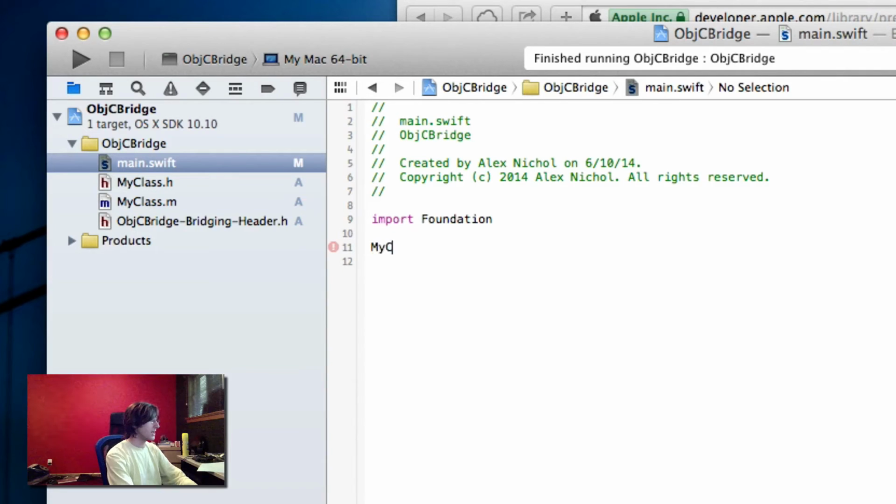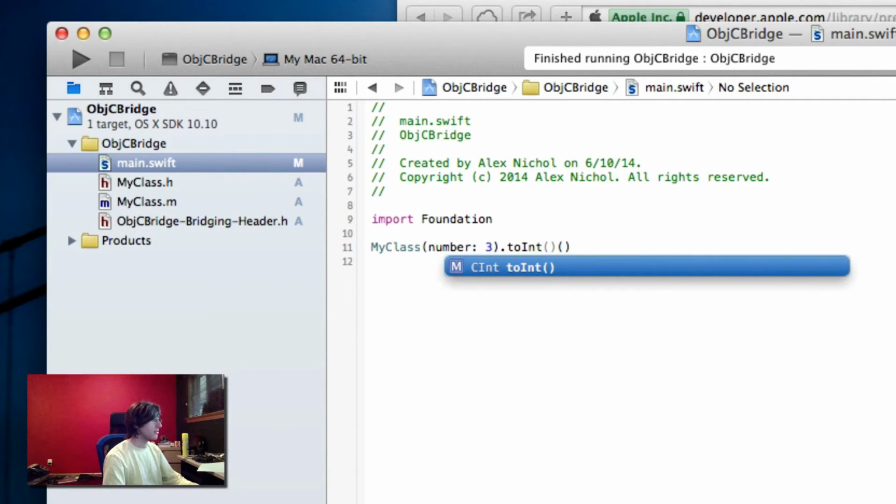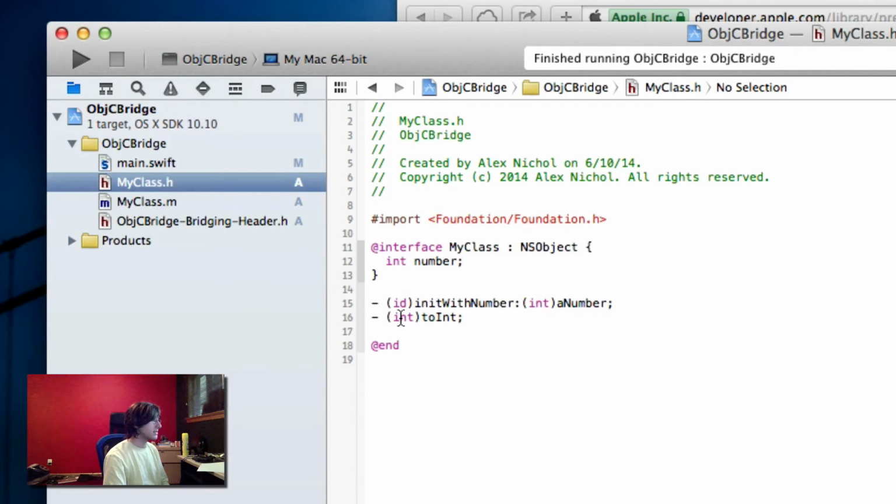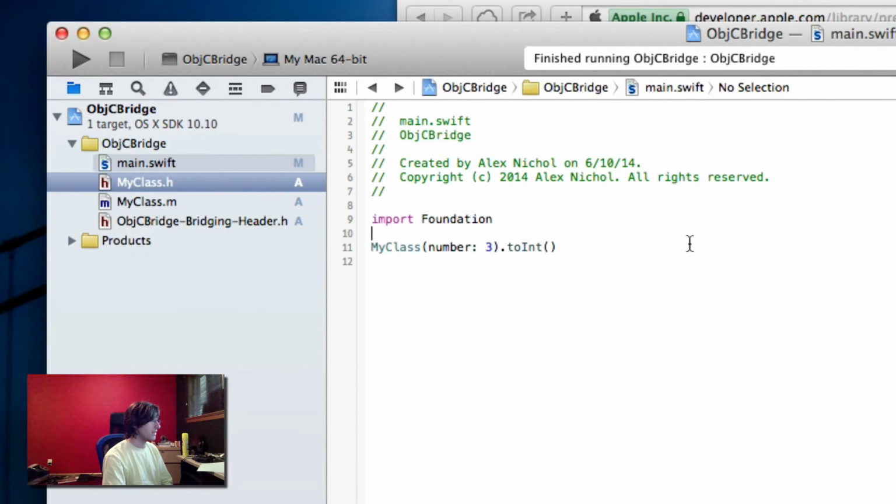Can I just do MyClass? Yeah? Can I do MyClass number 3.toInt? Yes. Oh, and look at that. The type of this is CInt. And because it's an int in the Objective-C code,